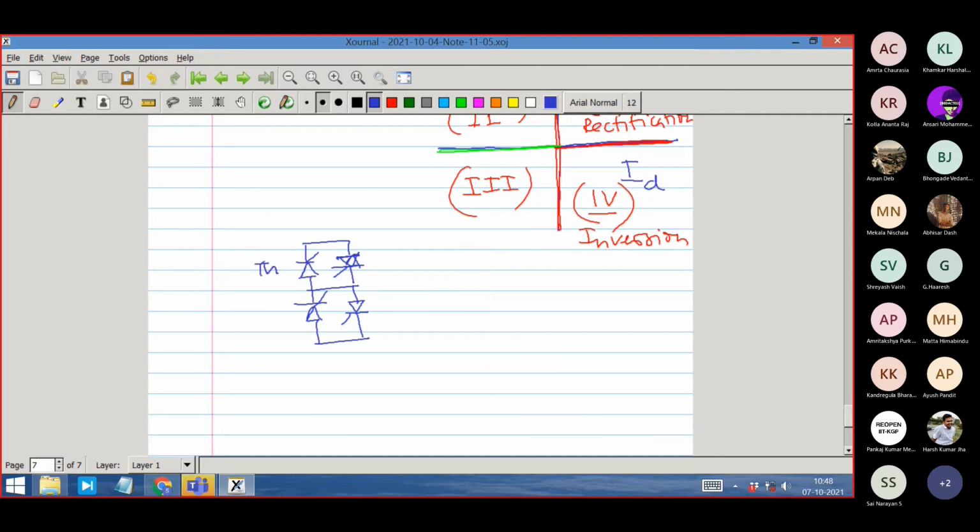Let me call it TH1 and let me call it TH1 dash. I had called it TH2, I will call it TH2 dash. I'm just doing an anti-parallel, making the switch versatile, making the switch 4-quadrant, which can take both positive and negative. This has become a 4-quadrant switch because it can take current in both directions with the combination, not the single one, but with the combination TH1 plus TH1 dash. This combination can take current in both the directions and block voltage in both the directions. So this has become a 4-quadrant switch. Earlier it was only a 2-quadrant switch.